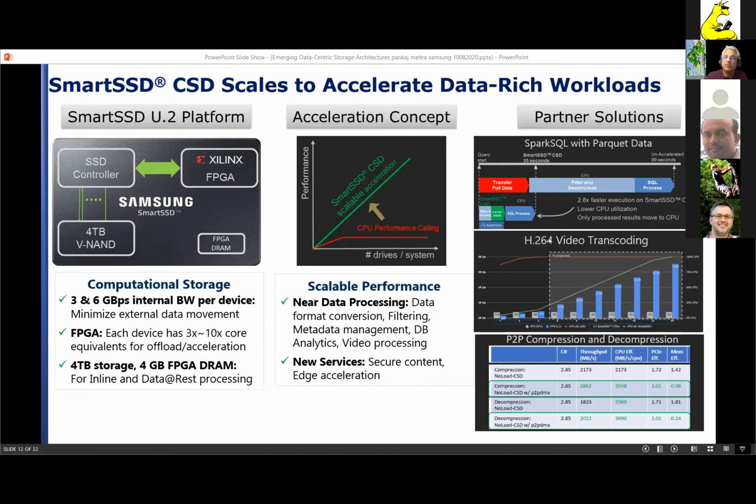We've been doing this smart SSD work for a couple of years now, and many companies have now ported their accelerations to the Samsung Smart SSD.